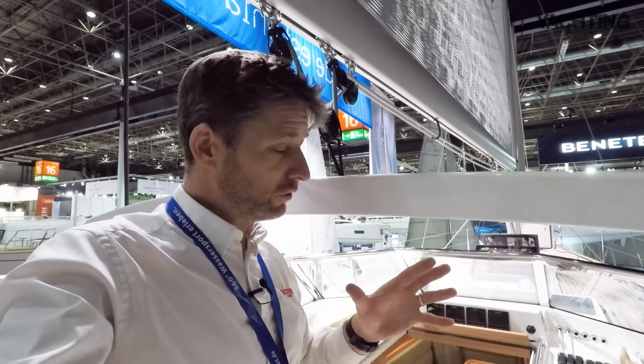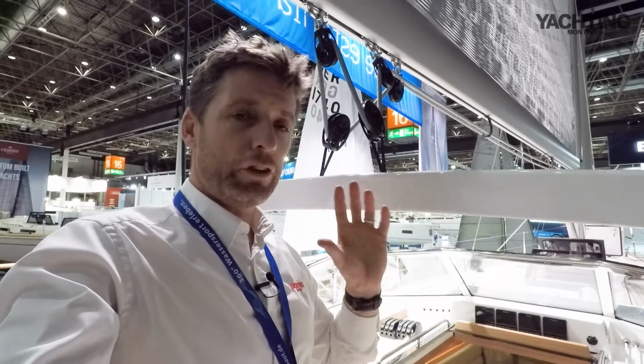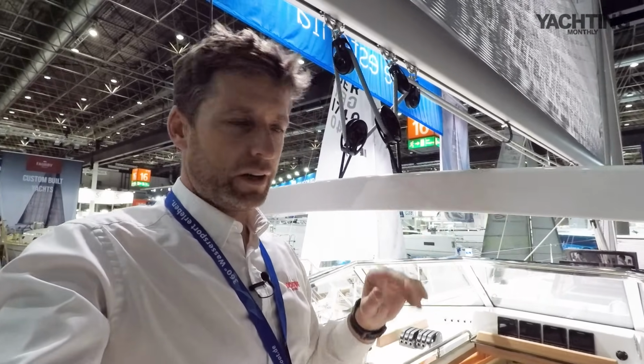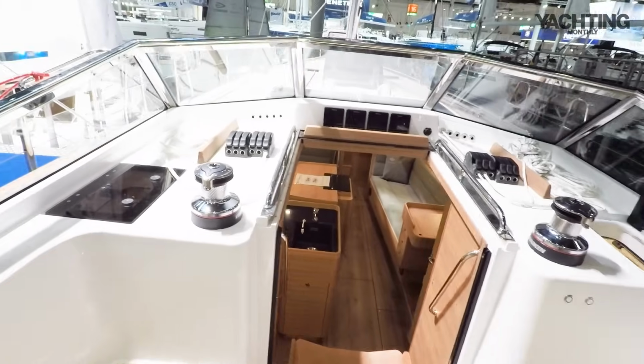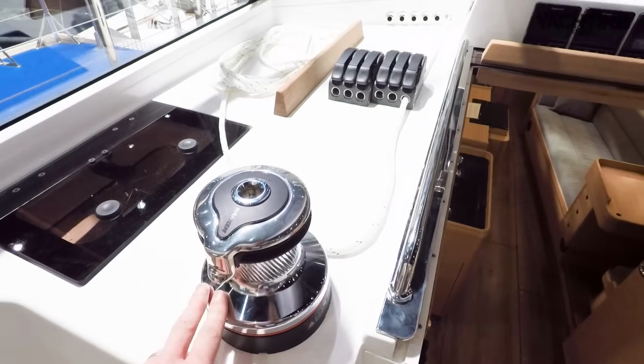Which sounds like a really sensible solution. Your bimini can attach onto that as well. If you don't like that, it is optional, you don't have to have it. At the forward end of the cockpit then, you've got your halyard winches, and you've got Harken radial winches here